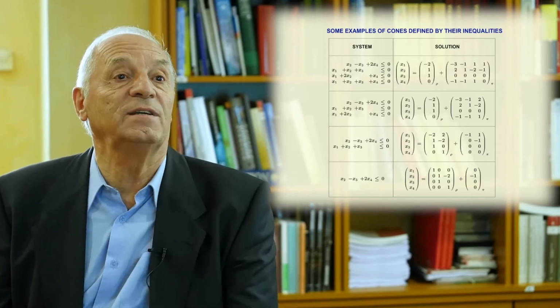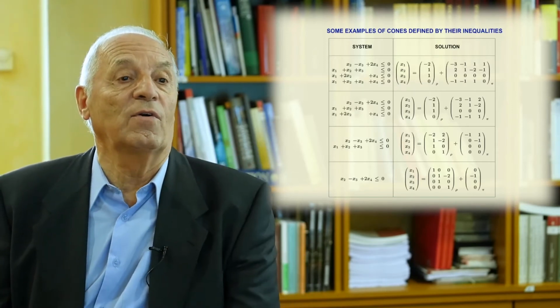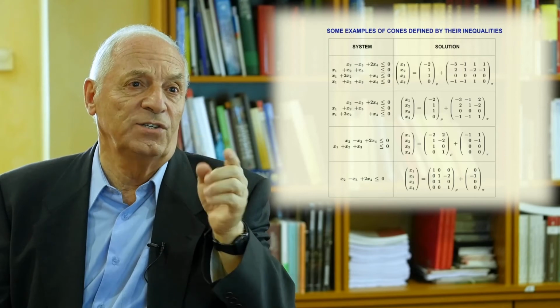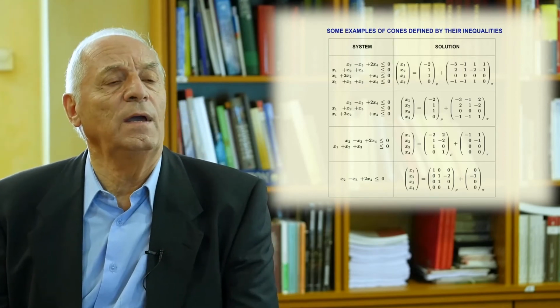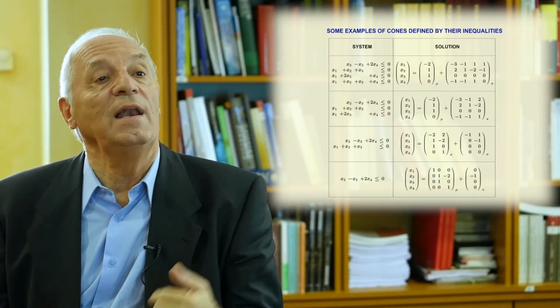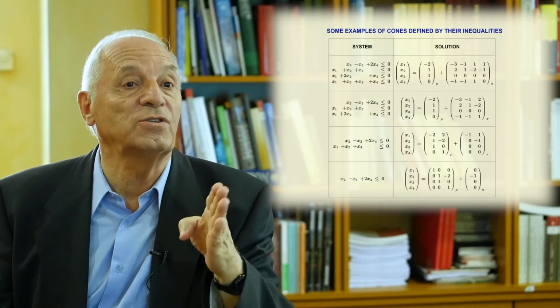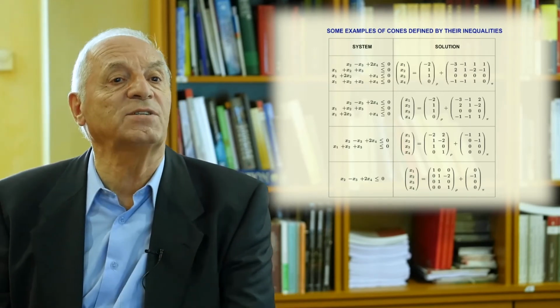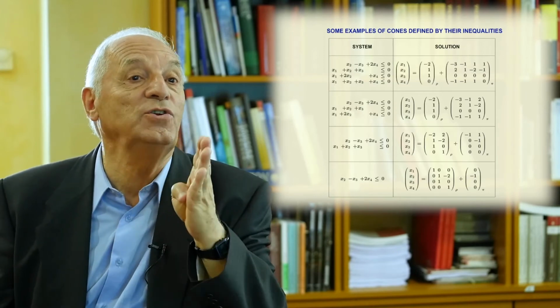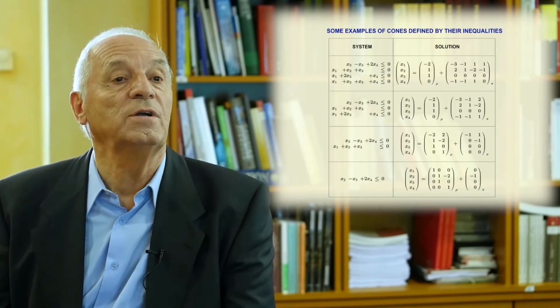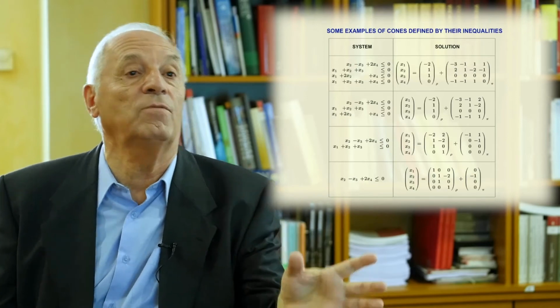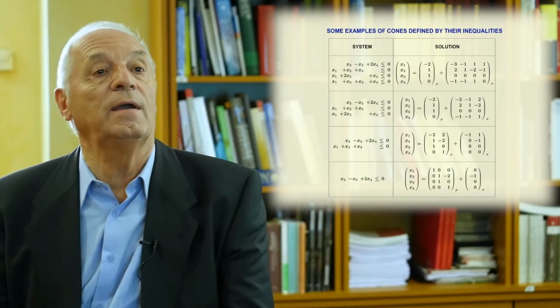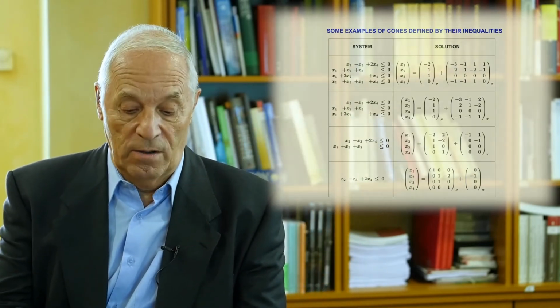In those examples, in the right column, you have some matrix with the row subindex, that means linear combination of those columns. And you have also other matrices with the pi subscript, that means that this is a cone generated by those columns. So you have the linear space part of the solution and the cone part of the solution.